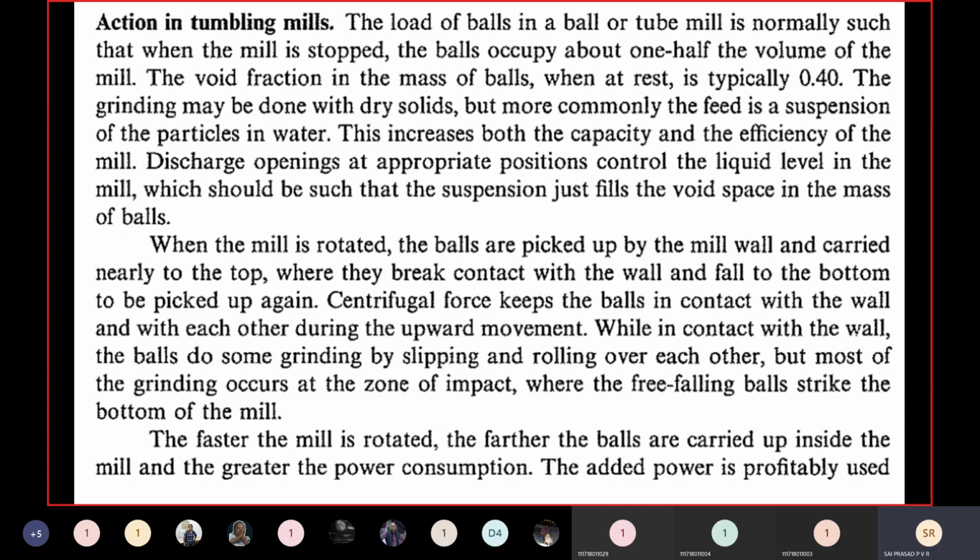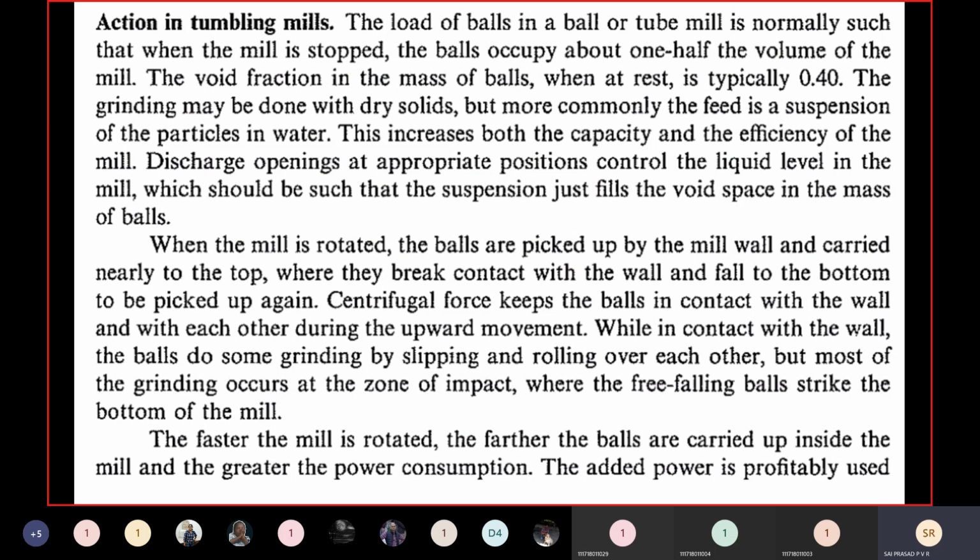And thus what will happen? The point of contact breaks and the particle falls because of gravity. And as it is falling in the direction of the diameter, which is the longest chord of a circle, we will have a maximum path traveled by the particle so that the impact force can be more. That is the significance of this design.